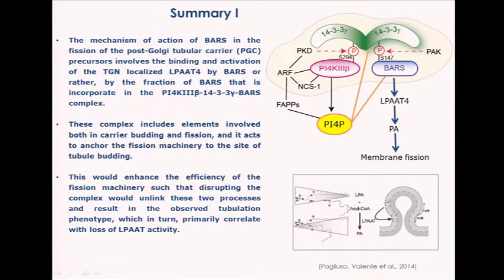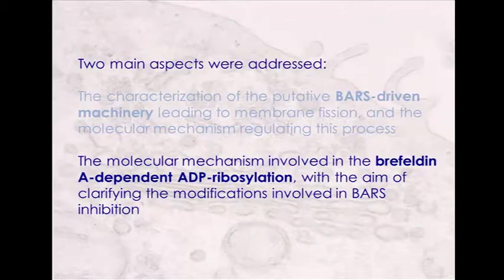If one of these proteins is impaired, or if the mechanism altogether is impaired, we have the phenotype that I showed you before, that is the tubulation of the membrane. This is all nice and good because finally we know the mechanism of action of this protein, which we have been asked about several times, but it took a long time also because, as I said,